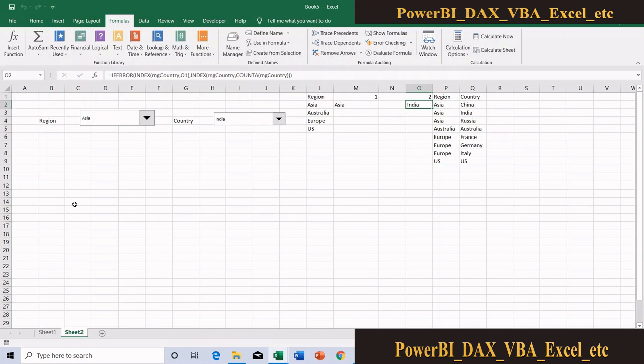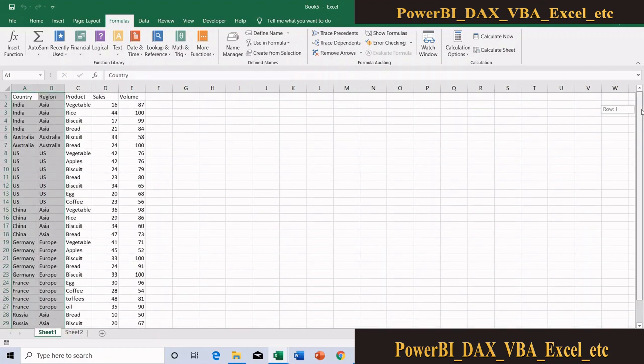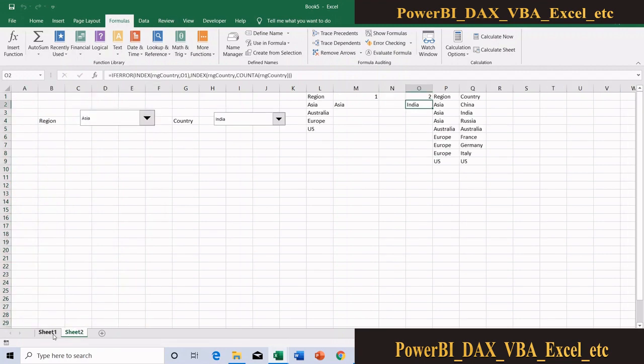So if I select the region Asia and a country here, then I need to get the corresponding products and their sales volume data in this sheet. So for that, next we are going to do some more tricks.